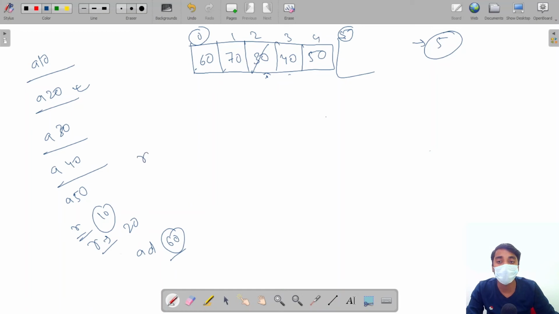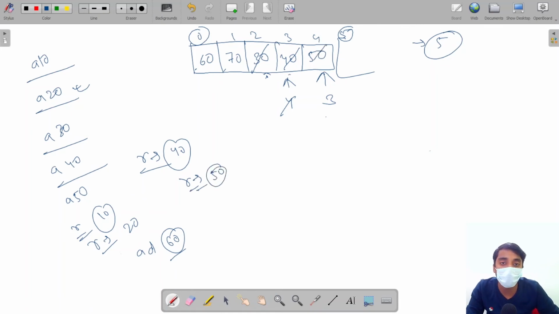Now again ask for remove. This will remove 40. Size was 4. Now the front will be here and the size is 3. Now again ask for remove. That is removing 50. Now front will increment by 1. Here the front was at 4.